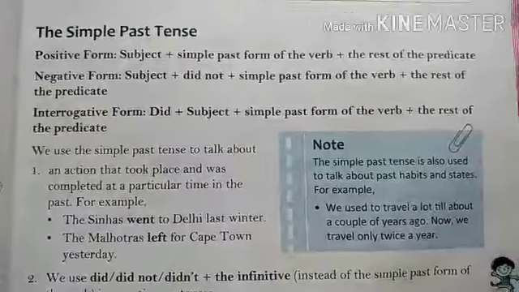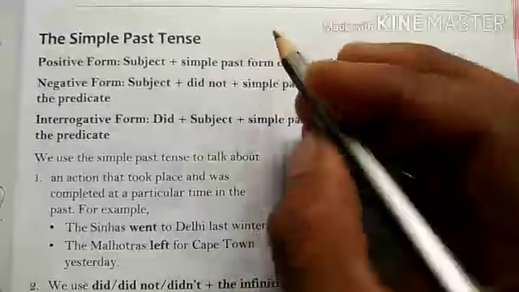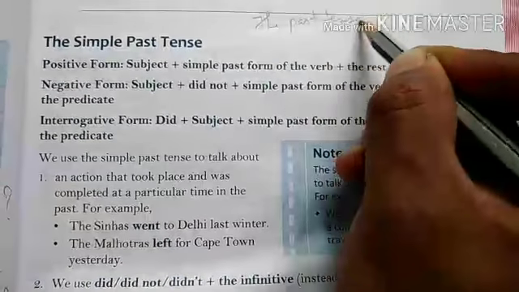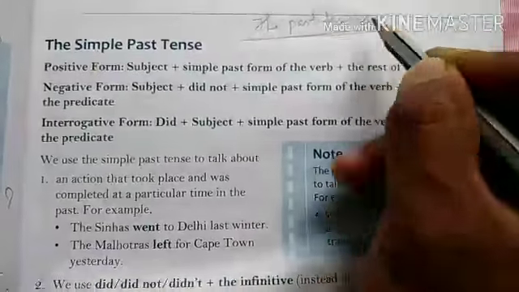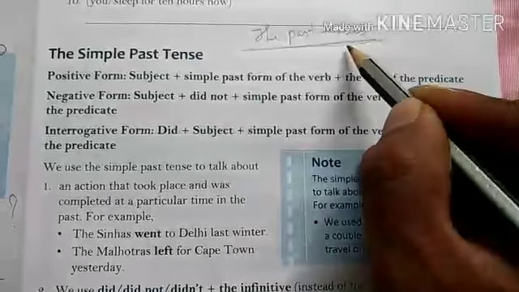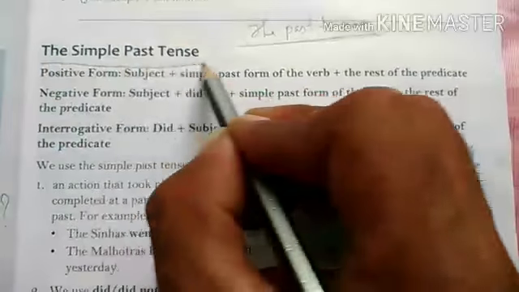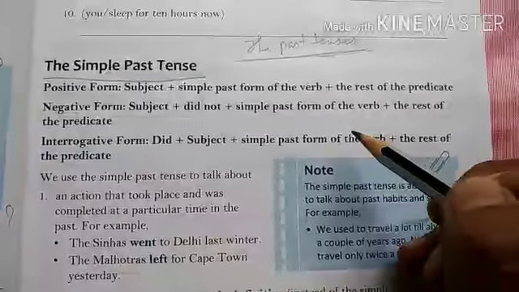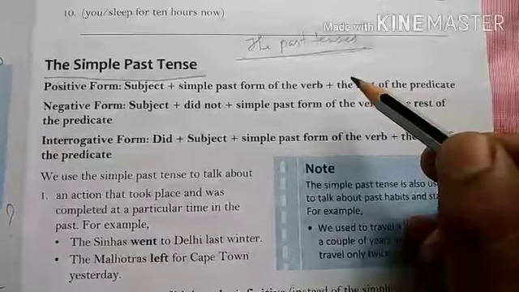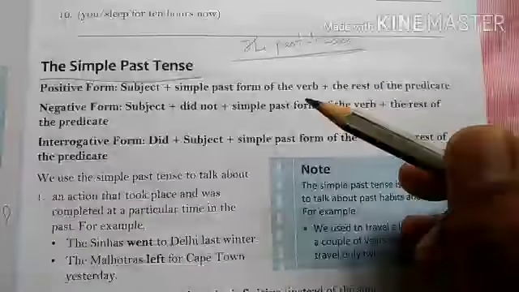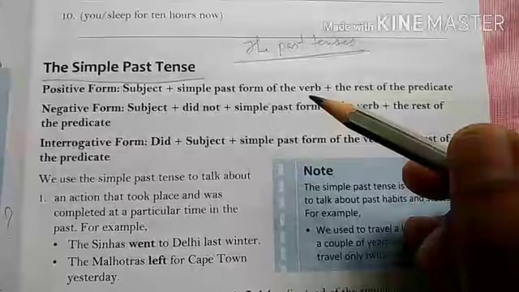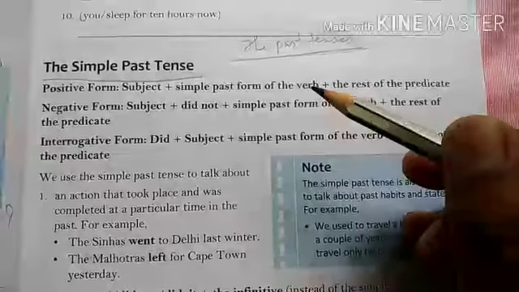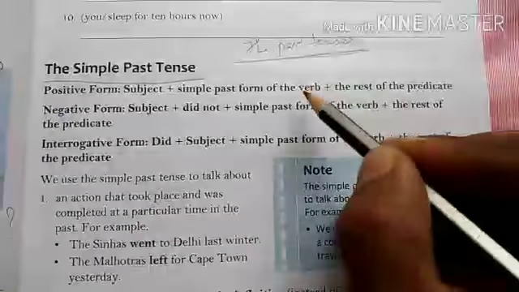Now, in today's class, we'll start from the past tenses. So now we will understand all past tenses. That means from simple tenses, we will understand in today's video the simple past tense. And in our coming 3 videos, we will understand past continuous tense from continuous tenses, past perfect continuous tense from perfect continuous tenses, and past perfect tense from perfect tenses. And after that, we will understand all future tenses.